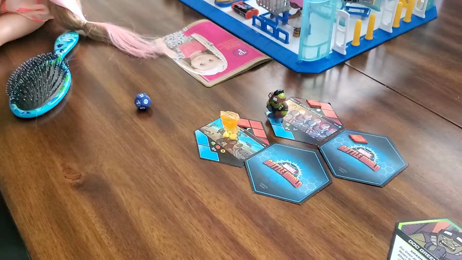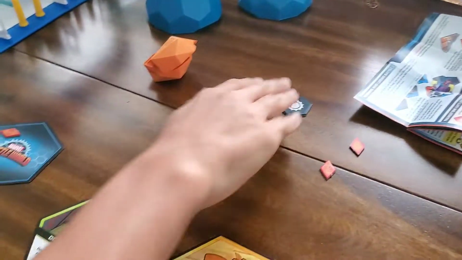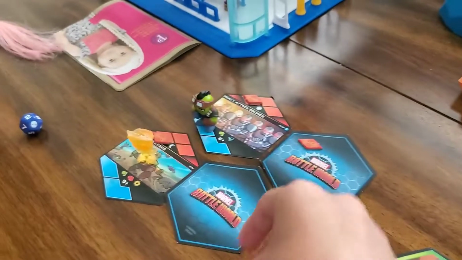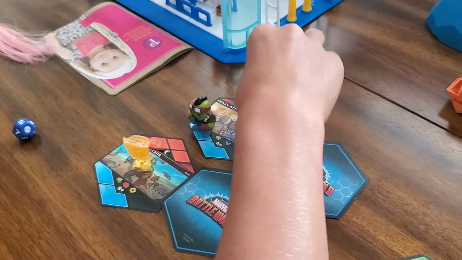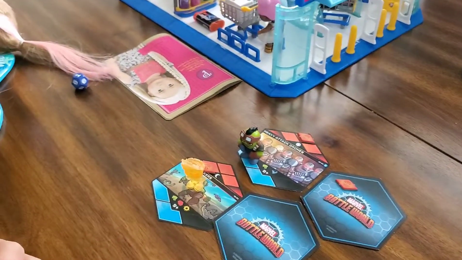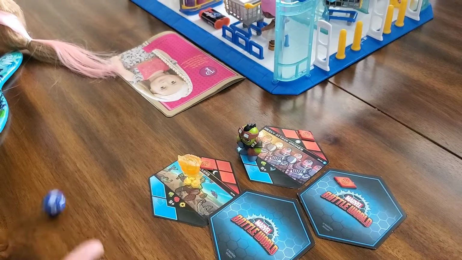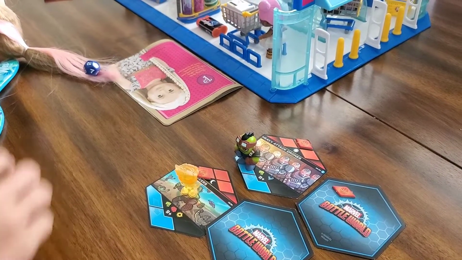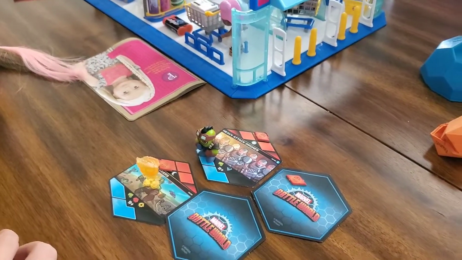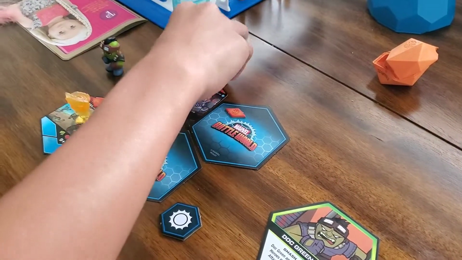Ow. And it's a sun. So I have to move this forward because it's on the sun. Let's roll. 1. Let's forget that happened and re-roll. A 2. Great. We lost. So 5 means we don't have enough. So we lost